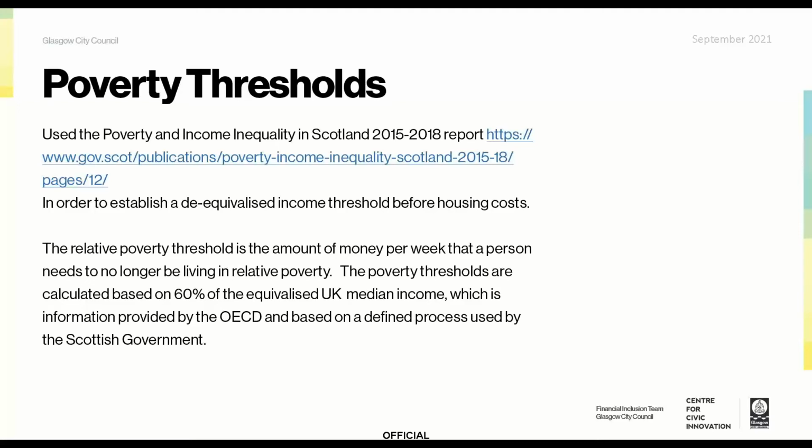And at that point, it provided the median income levels for 2 family compositions, and that was a single parent, 1 adult, 1 child under 14, a couple, 2 adults and 2 children under 14. And from this, we built a number of household compositions to understand the de-equivalised income and set the poverty thresholds. All of the team worked on this. So this was the various data sources coming together, and although they all currently sit in isolation, by bringing them together, it allowed us to gain some really powerful insights.